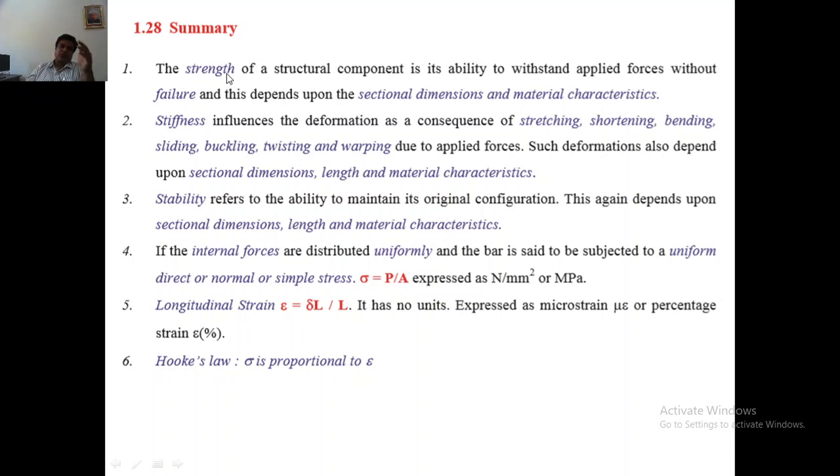So strength and stress are almost the same. Strength represents the maximum capacity, whereas stress depends on how much load you are applying, and strength represents the maximum load on the material. So stress is nothing but force by area, and stiffness, in simple words, can be measured by modulus of elasticity. So modulus of elasticity will give the value of stiffness.